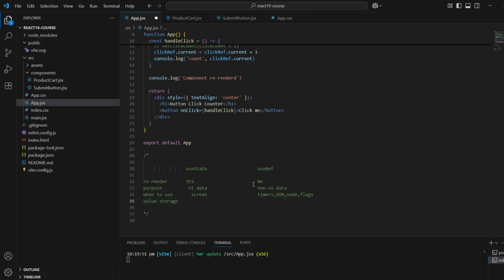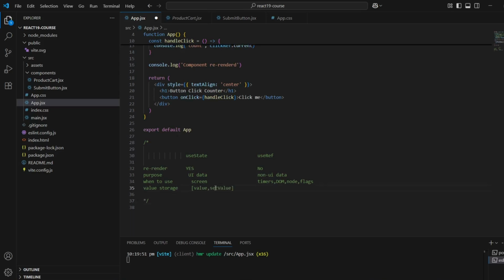Okay, now the next difference is value storage. In useState we have direct value storage, right? Meaning in array syntax we have the value and its set value function, and we can directly access the value by its variable name. But in useRef, how can you access it? It is stored in an object within the current property.